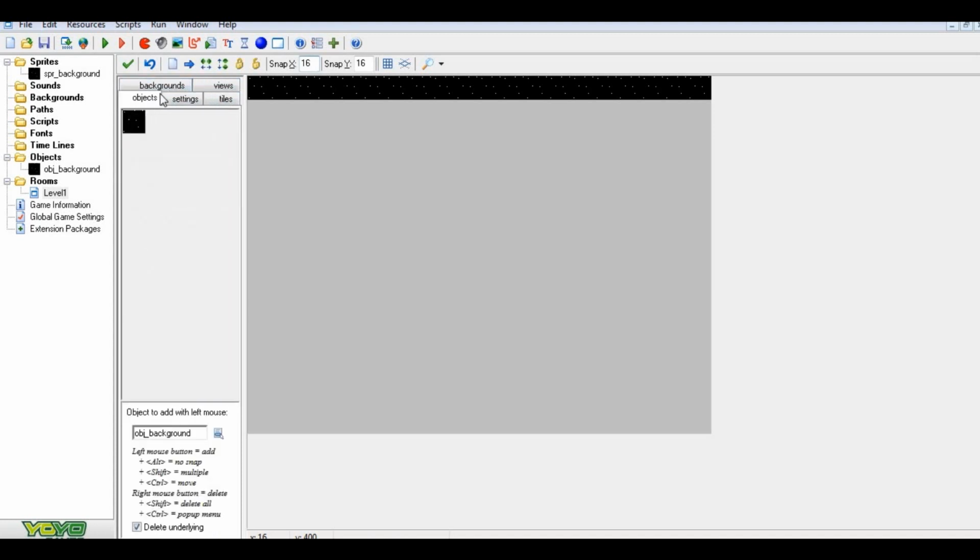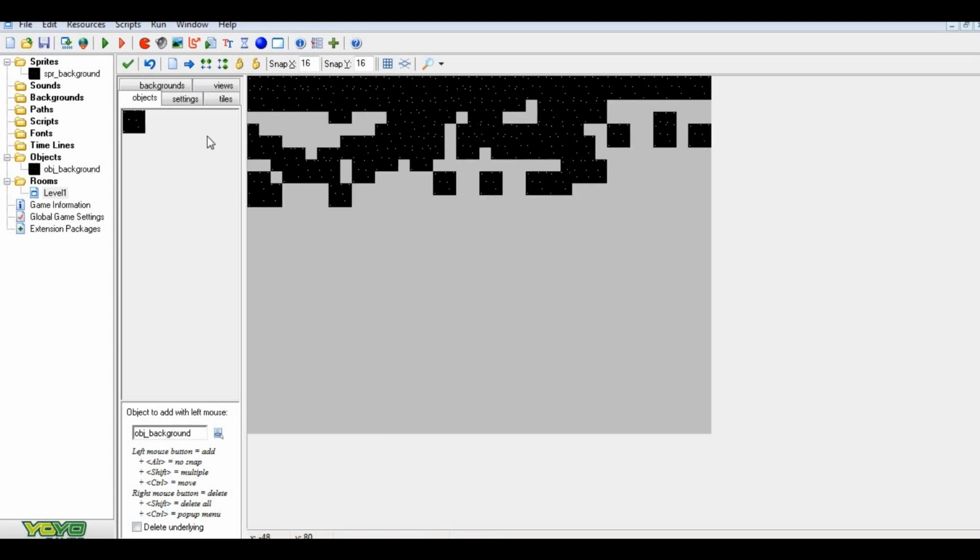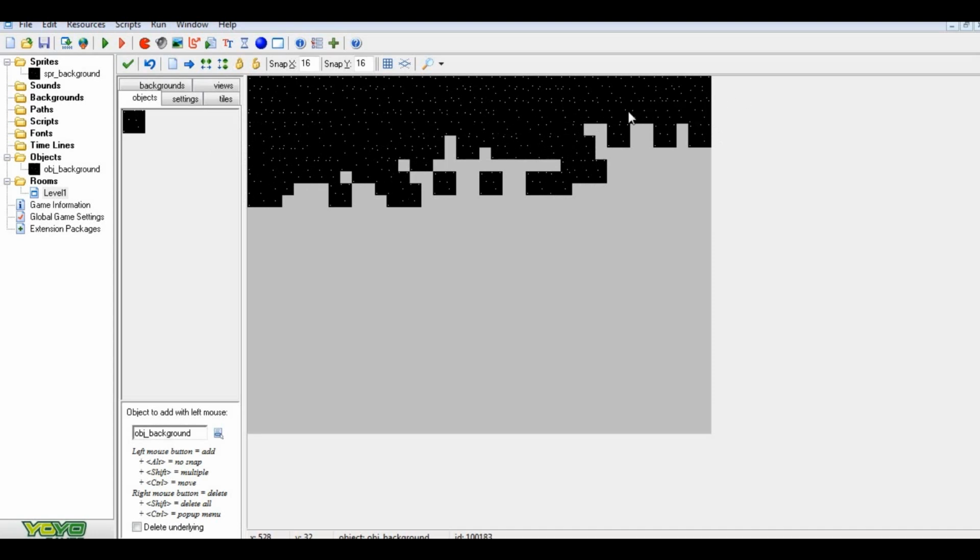Yeah, sorry, I had to figure out which one I want it to be. Delete underlying. You don't want to delete the ones underlying. Honestly, you just don't. Sometimes you do. But if you're making a background,